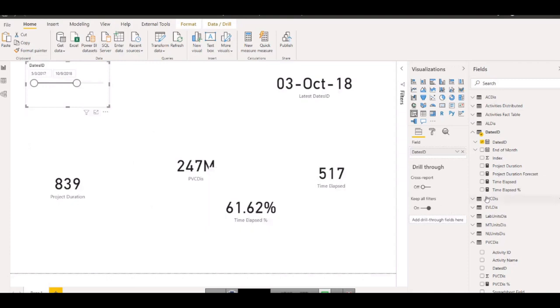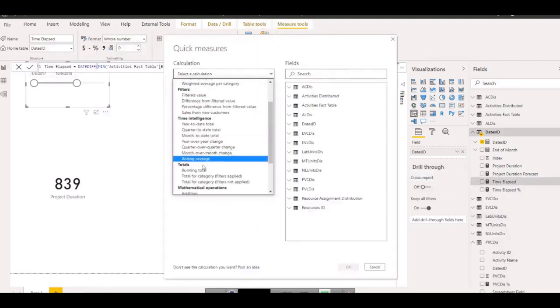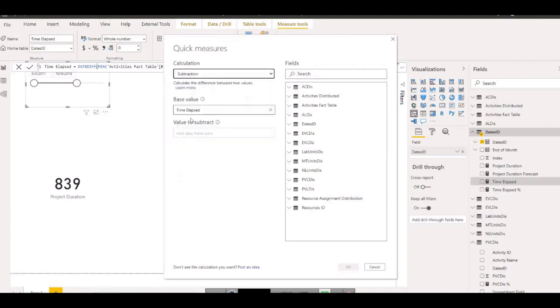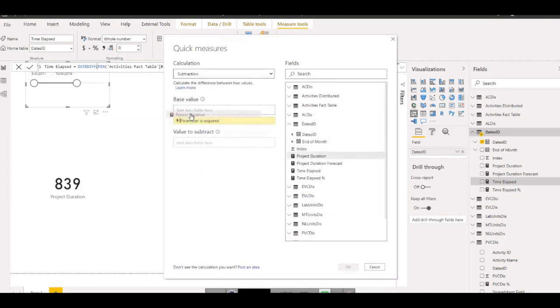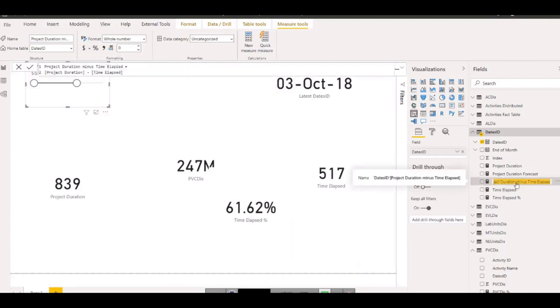So now time remaining, we know that it's simply the difference between them. So I can quickly go in here, quick measure, and subtract the value. I need a subtraction of what? I don't need time elapsed here, I need the project duration. So what is the project duration? Project duration is this minus the time elapsed. So this will be time remaining. So I can call this